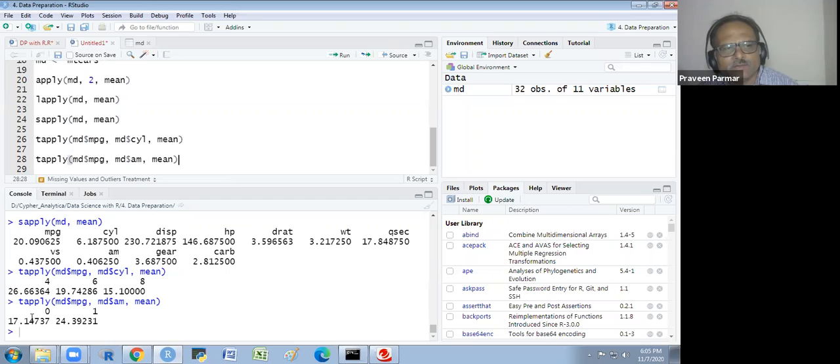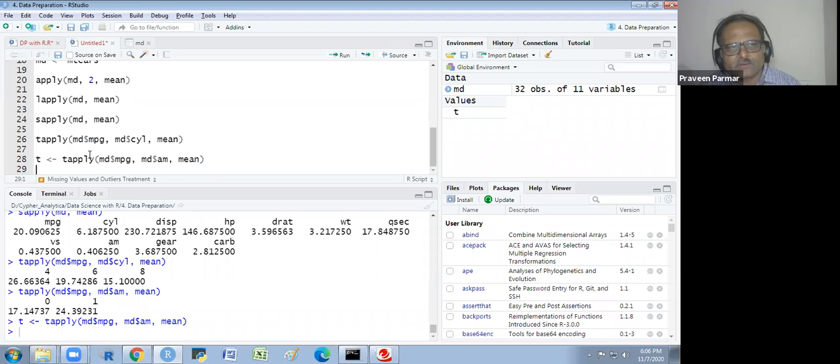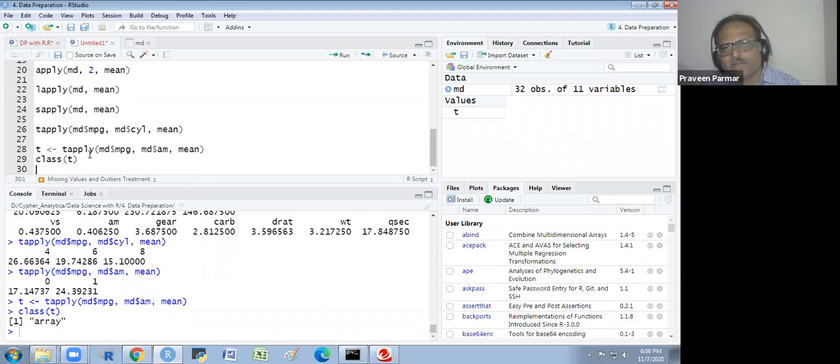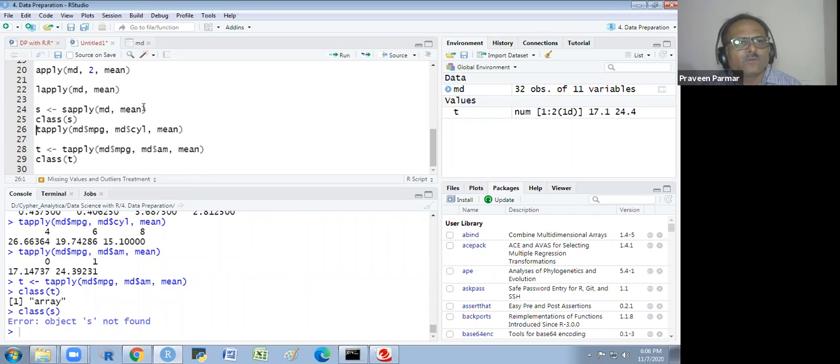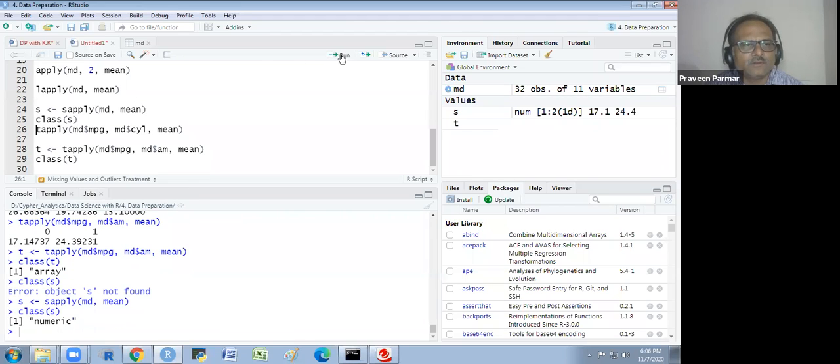Now here you are getting this output in a vector form, the table form. If I write T and I save it, I will show you the class of T. It is array. If I see the output of this, you save it as S, and you see the class, run it again and see, numeric.